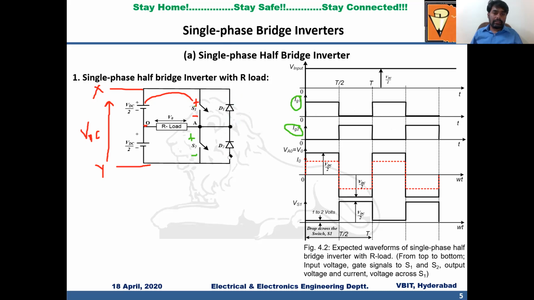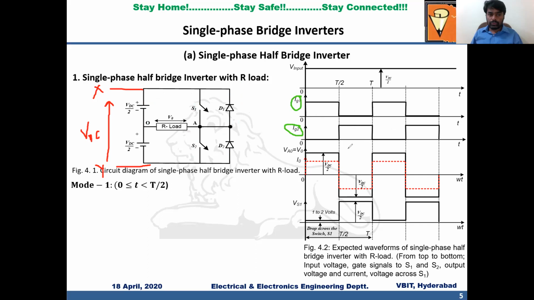Okay, and diodes are uncontrolled devices. I will tell you why we are using diode here. Now they are in reverse bias condition, so they may be in off state, right? So now I am dividing this into two modes. So mode 1 will be up to T/2, and for the remaining T/2 interval, it is mode 2. So let me show you mode 1 waveforms first of all.